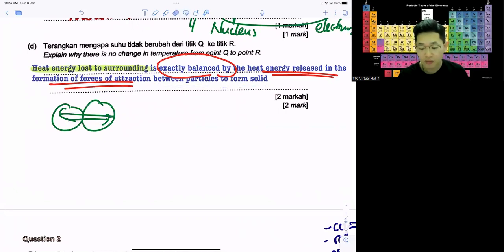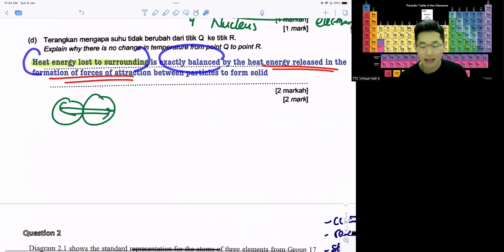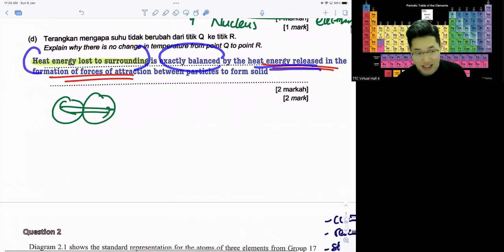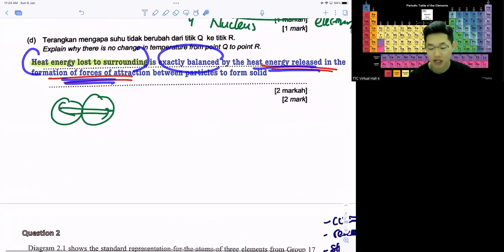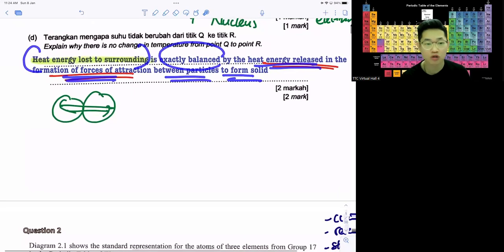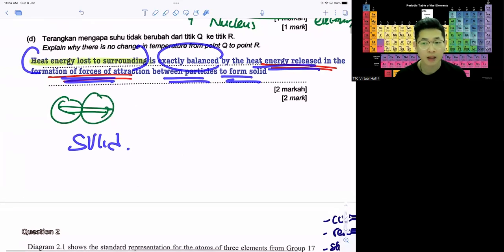So again, 等下你要写这个答案 heat loss to surrounding is exactly balanced by the heat energy release in the formation of force of attraction between particles to form solid. 就这样